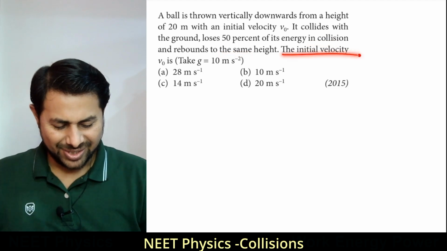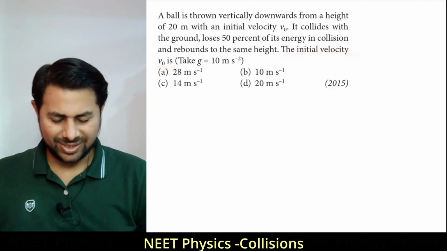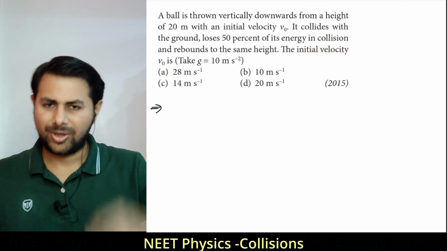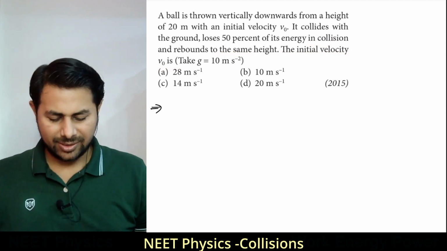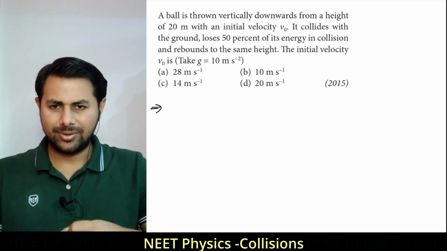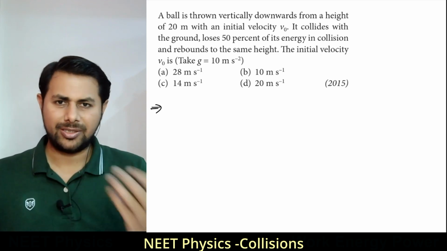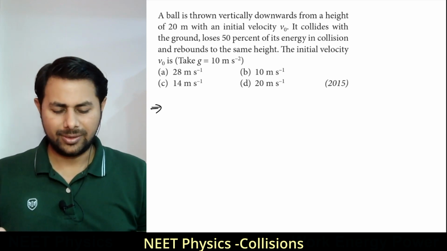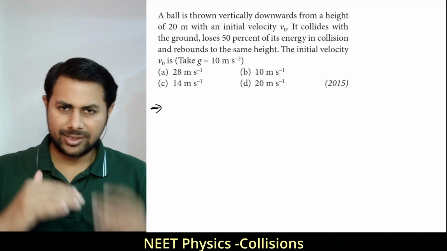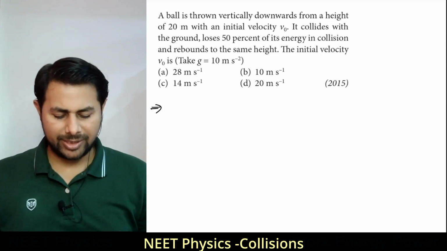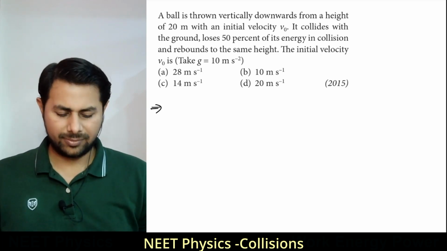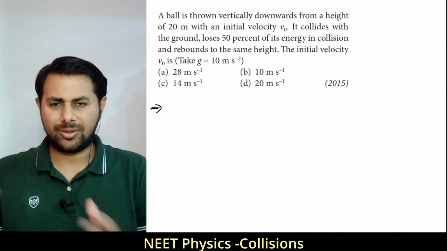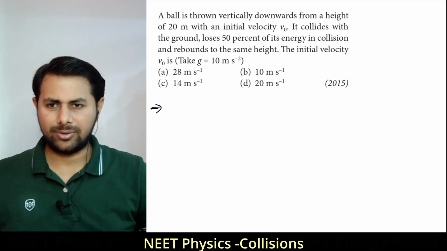The initial velocity v0 is, this is the question. So the ball is thrown with some velocity, collides with the ground, loses 50% of its energy. Okay, so now when it just rebounds, what would be its energy? 50% of the energy with which it was thrown,